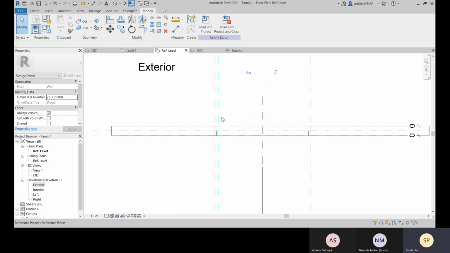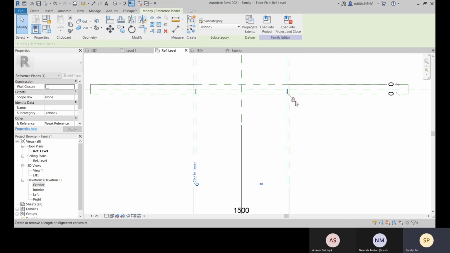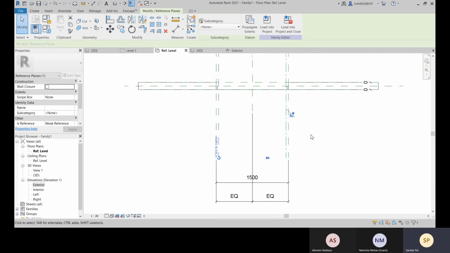This problem shouldn't be coming. Okay, this is locked because of that probably.